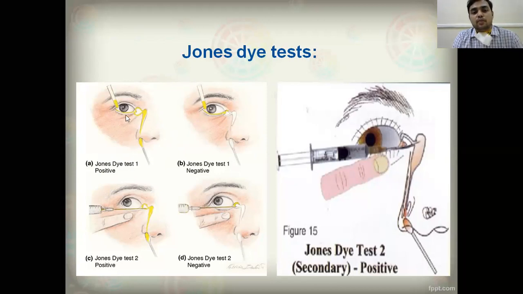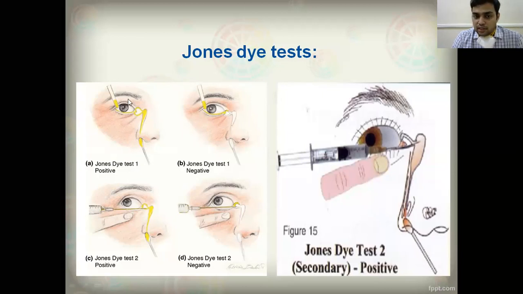That is, there is normal patency or normal drainage of the lacrimal passage in this patient. But in this case, the bud is not stained, and whatever fluorescein dye was instilled is present in the conjunctival sac only. So this is a negative test. By this test, we can rule out whether the watering is due to primary hyperlacrimation. If it is a positive test, the reason for the watering is primary hyperlacrimation.